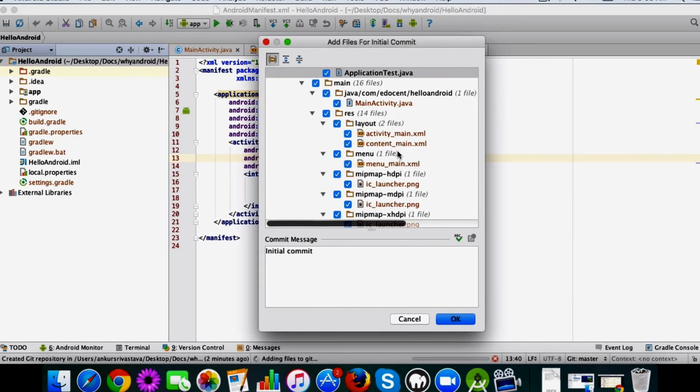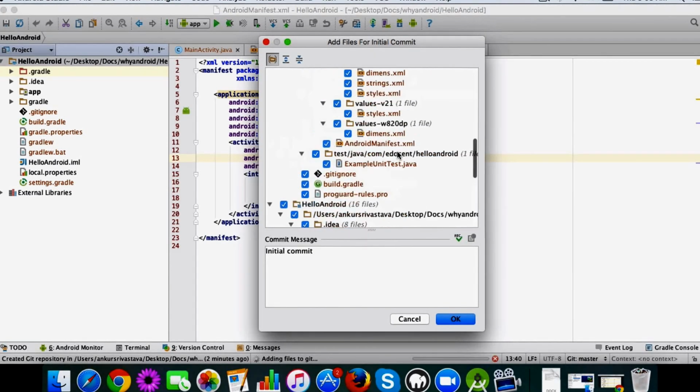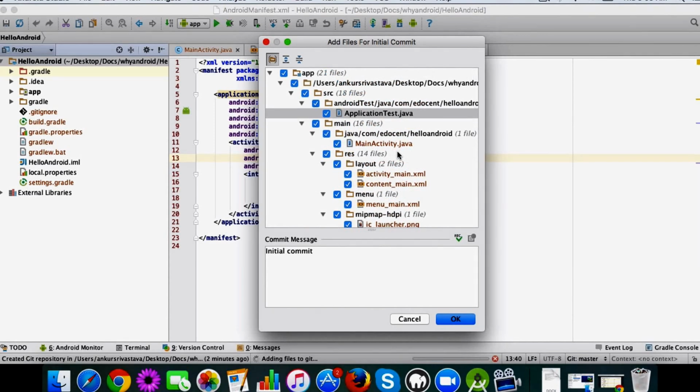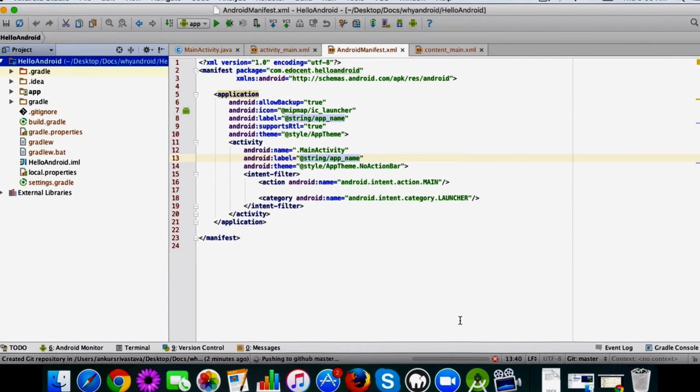Next it shows you what all files it's going to commit to the version control. Let's leave the default selections and click on OK. It takes a minute or two, and as you can see, it has already shared the project, and it provides you a link also.